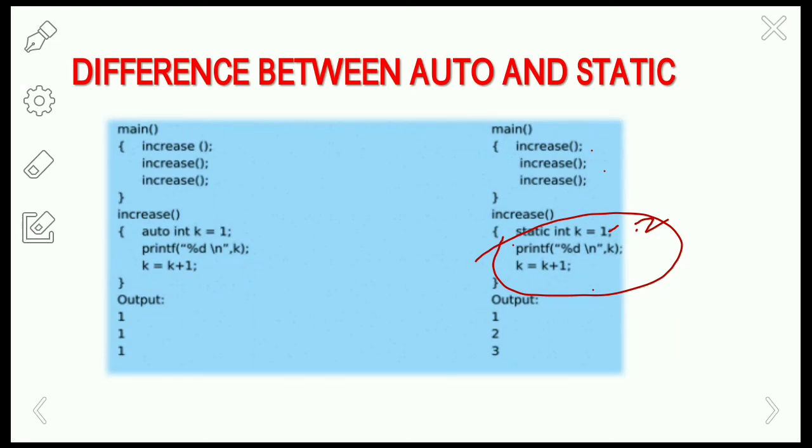But remember one thing while using the static keyword. Use static variables only when you need them, because their values are kept in memory even when the variables are not active. That means they take up space in the memory that could otherwise be used by other variables. So that's why use static variables only when needed.